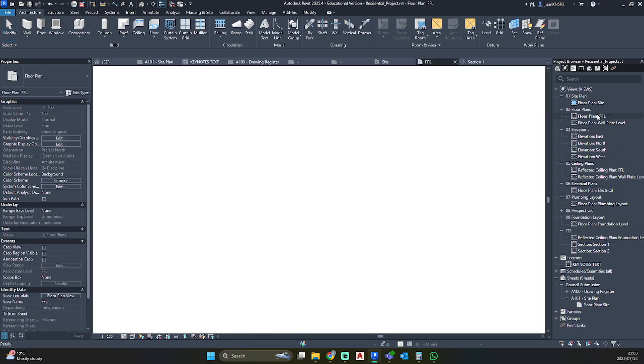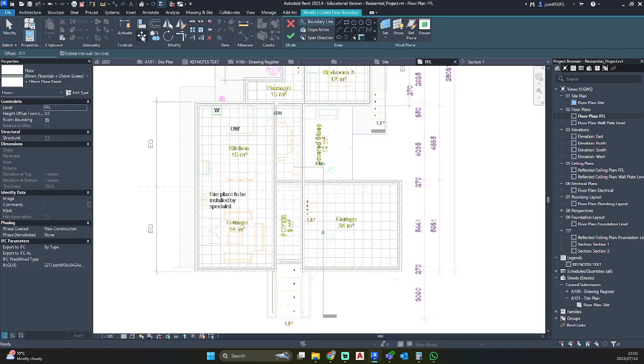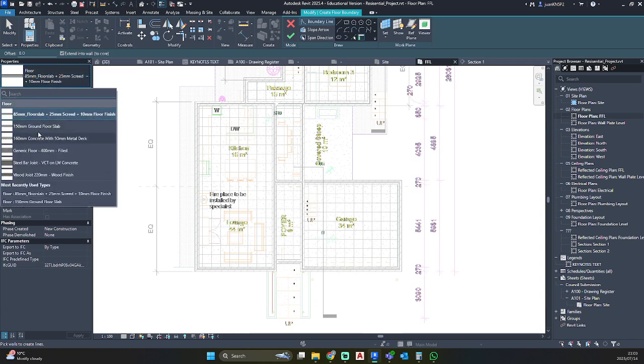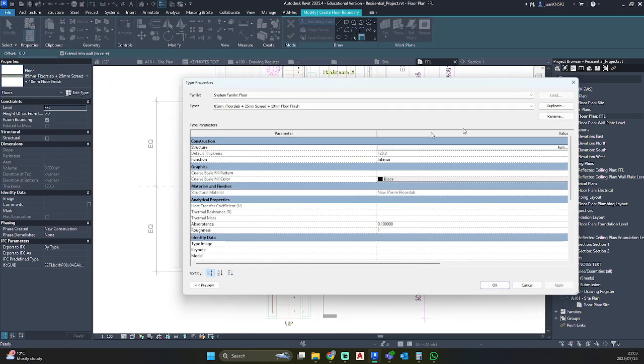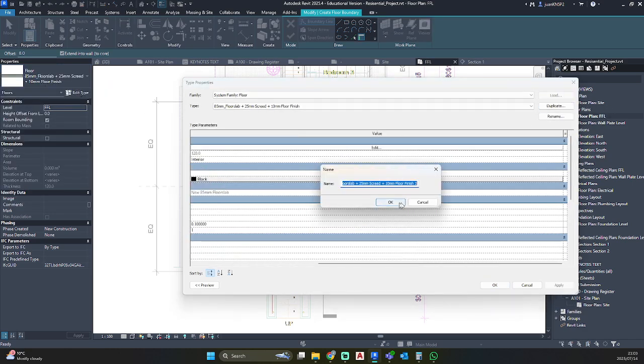So I'm just going to go back to my floor plan, floor. Okay, seems that Revit decided not to save my wall. Just quickly going to edit type, duplicate, new roof slab.